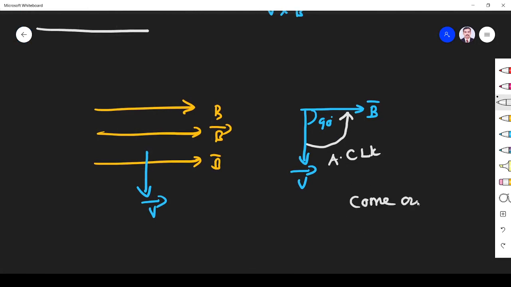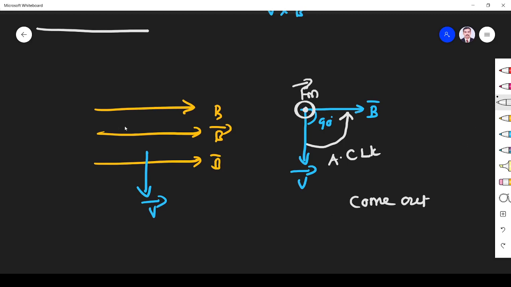Again, same water bag, we take that and rotate the cap in the anti-clockwise direction. The cap will come out of the mouth of the water bag. So the resultant force will be coming out of the screen. So we know coming out will be represented by dot. So this is F.